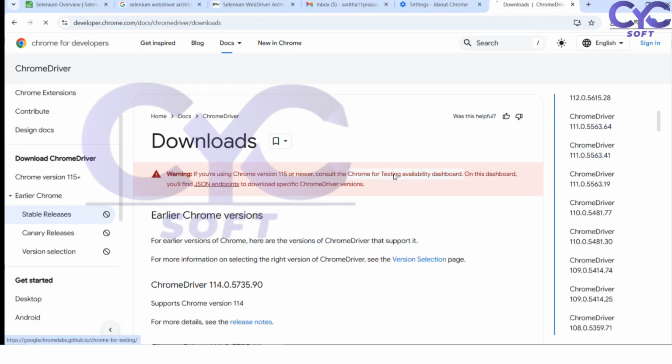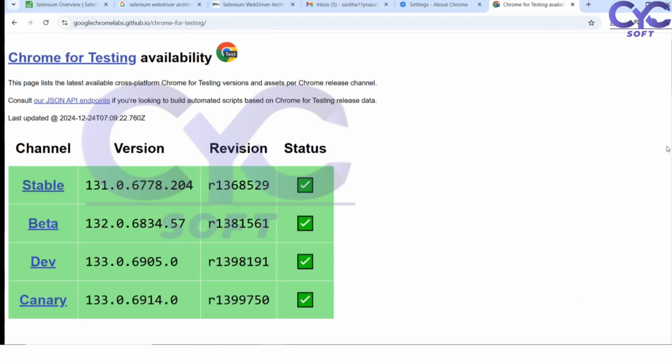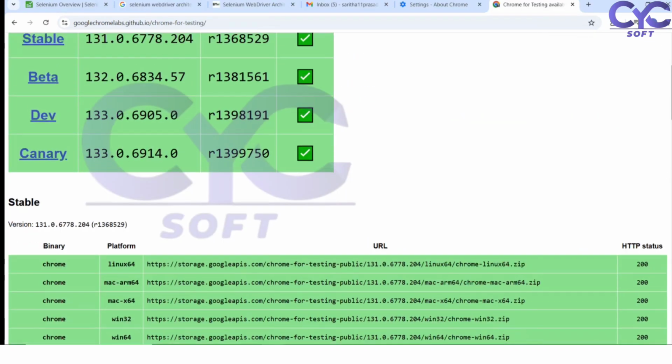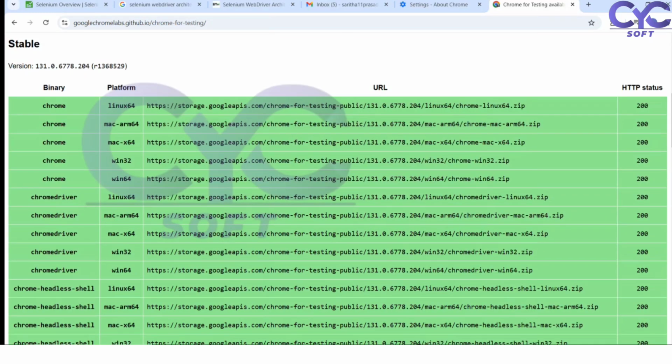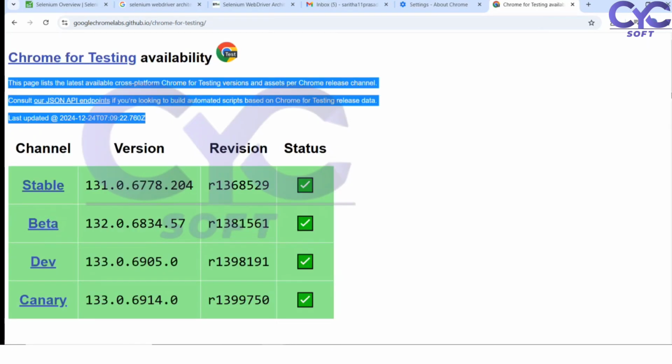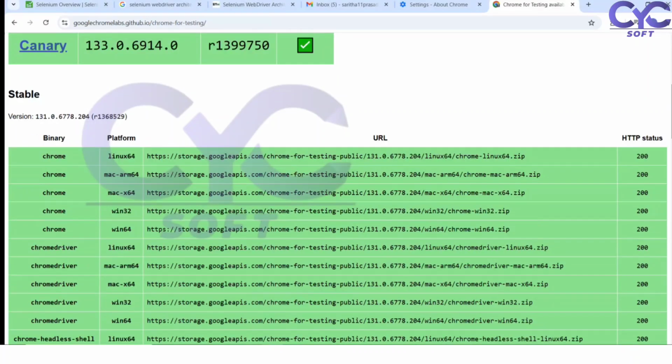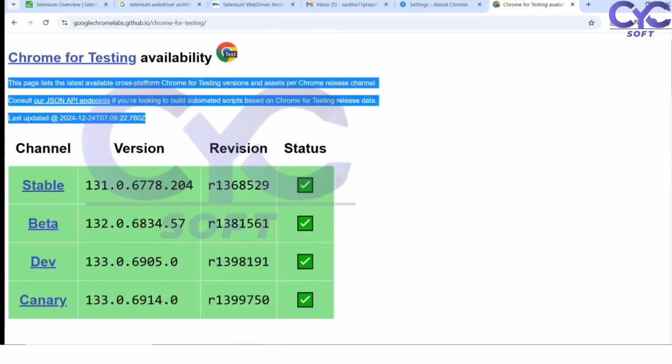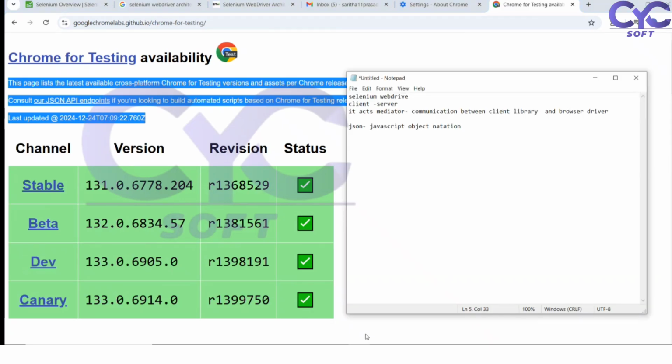Here I'm just clicking to check the stable versions. I'm having the 1.3 stable version. I can download this version and save it in my drive. I will show you how to download these versions after explaining the Selenium WebDriver architecture. So we will go back to Selenium